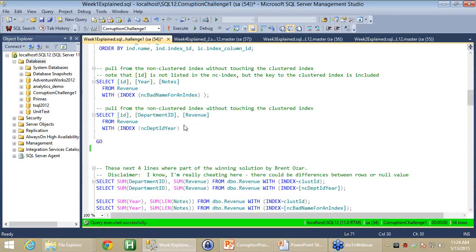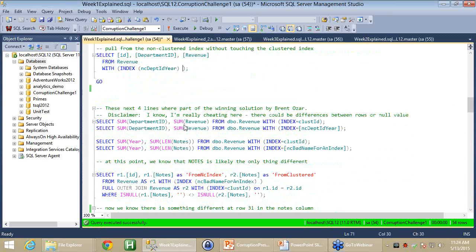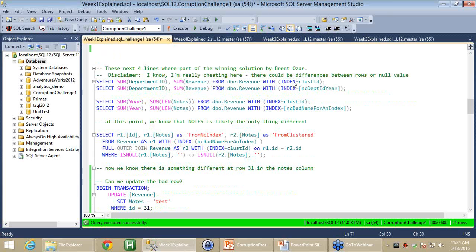So in this specific corruption challenge, which was posted several weeks ago, Brent Ozar was one of the people that competed in it, and he submitted this as, as he phrased it, kind of a quick and dirty way of checking what's there to see if it's going to match. Now, in this specific case, if one revenue was a negative that offset another one, or a department ID, this could not be entirely accurate, but it's just a quick way to check and see